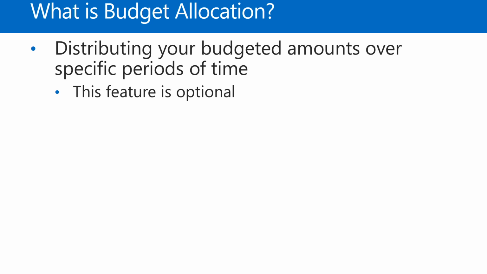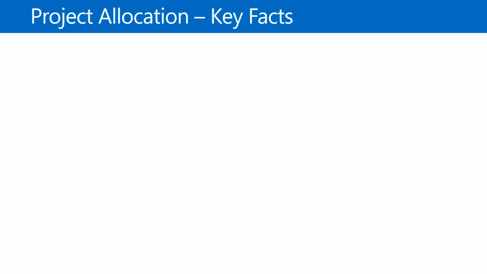The other reason why you typically allocate is so you can analyze where you're at with the budget as well. So if you're allowing overruns and you just want to see how you're trending per month, budget allocation is a good feature to use. So with that being said, let's get into some of the key do's and don'ts around allocating. Before we get started in demonstrating this functionality, I just want to talk about a couple of key pieces